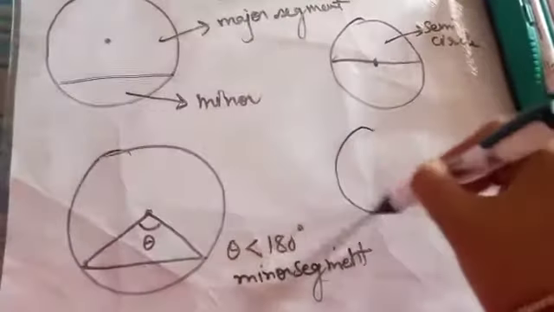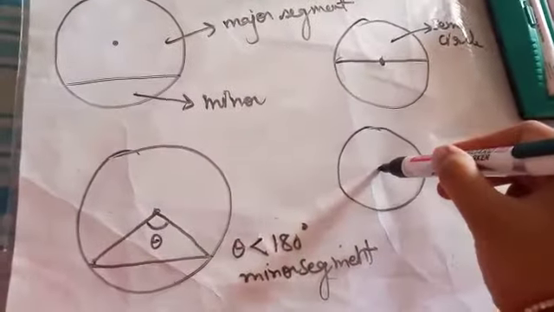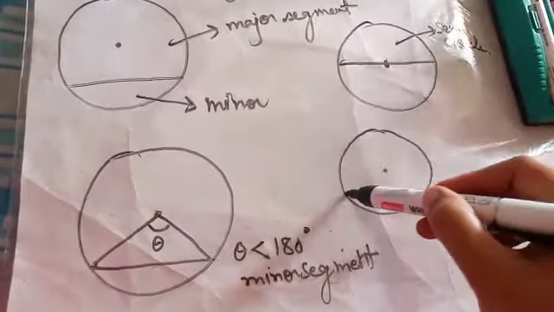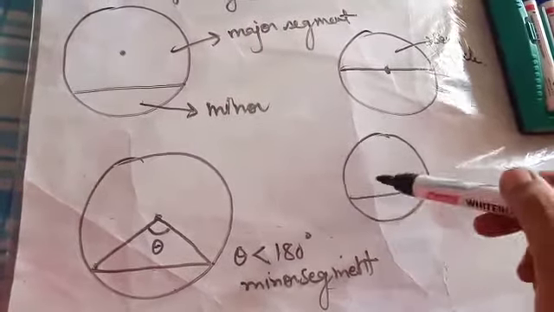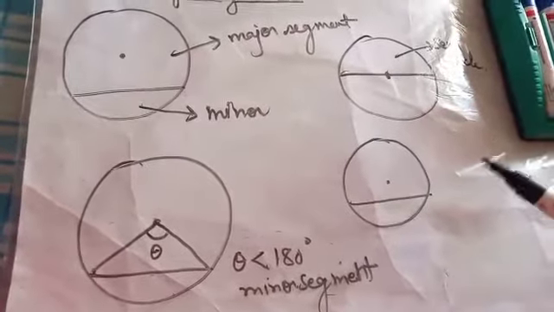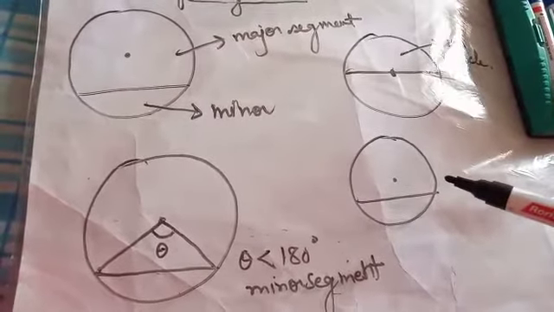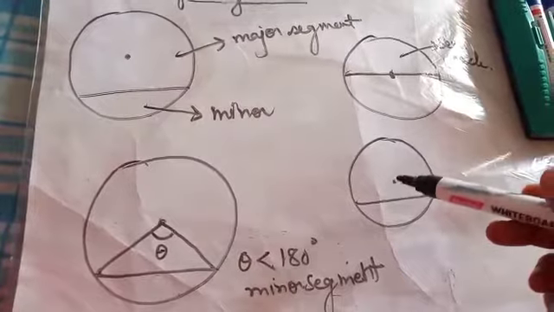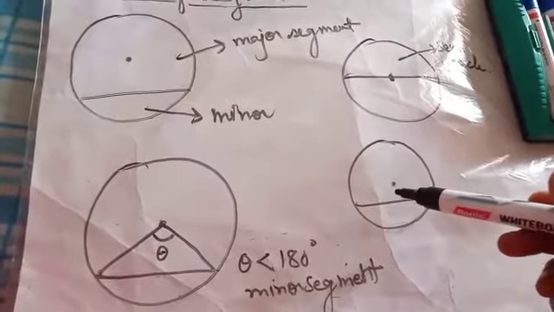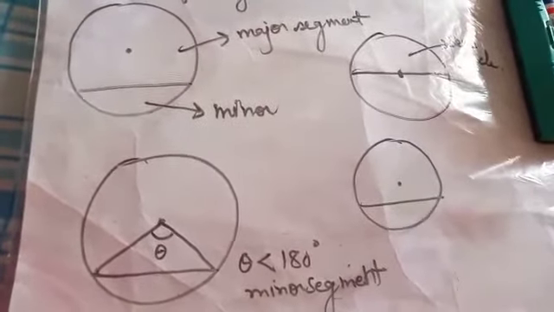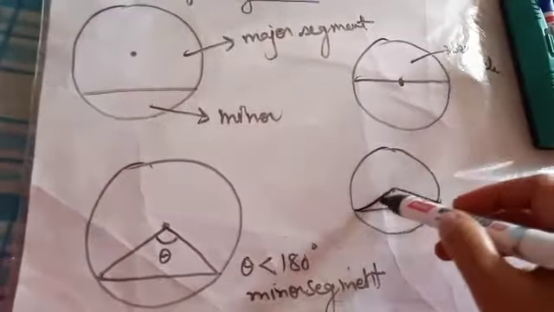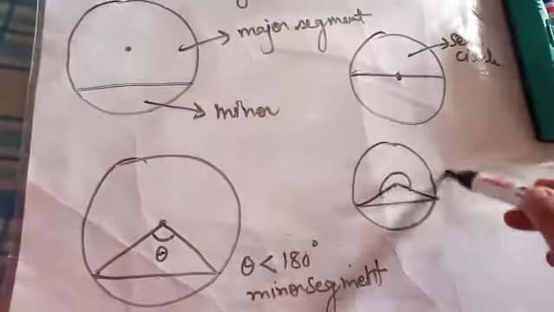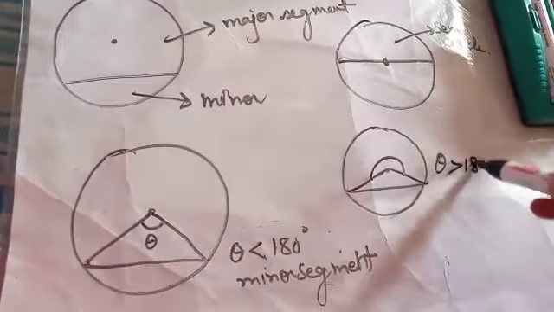Now make another circle. We have made it here. Okay. So now how will you make the angle? Now what do we have to do? I want to know what is the major segment. So in the case of major segment, what will I have to do? I have to check the central angle. How will I check central angle? We will join it with the center. Now what will we make? We will make an angle. Now this angle is more than 180.